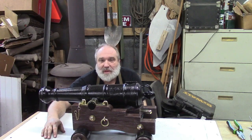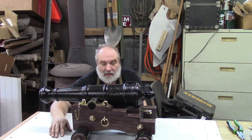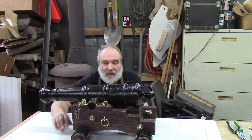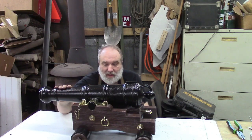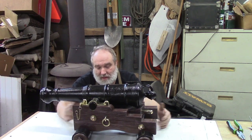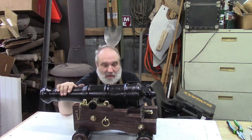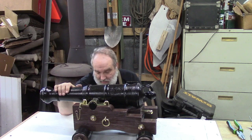Alright, that's our cannon build. Man, that was a long time coming. I worked on this, like I say, for 9 days. Took every bit of it apart, sanded every bit of it. Painted all, primed, double primed it, painted it all, and got her looking in good shape. Man's main complaint was it wouldn't roll. It rolls nicely now. We cleaned up all the brass, cleaned up the barrel, faux painted all the wood back to where it was in good shape,